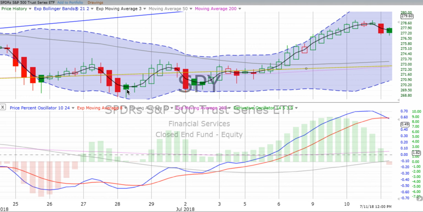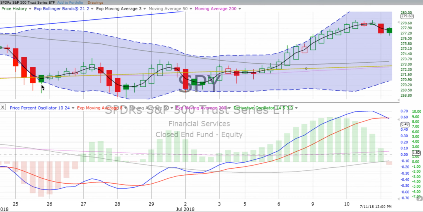And when things tend to bottom out, remember, strong red down candles are strong down movement. And when you go from a strong red down candle to a green solid candle, that is still down movement underway, but it's telling you that it's going from red to green. Doesn't mean you can get in right then, but you want to see that coincide with a bottoming out of the red candle and then a green solid candle, and you want to see the derivative oscillator go from hitting a bottom to starting to move up. And this is right as that up move begins.